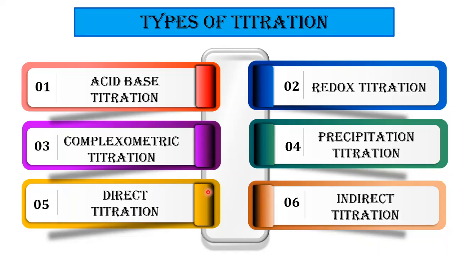Next to that, what are the types of titration? As you see over here, the very first category is called acid base titration. The second category we say is oxidation reduction titration, or also a redox titration. The third type we can say is complexometric titration, and the fourth type is precipitation titration. All these four titrations can be divided into two basic categories, that is direct titration and indirect titration. That is why we can even say they are the types of titration.